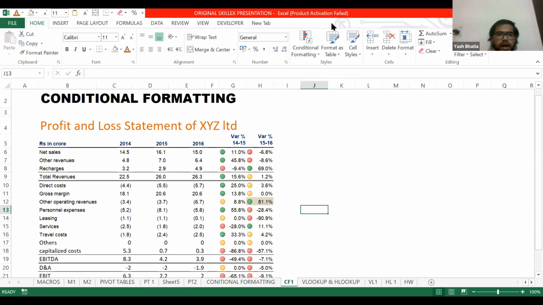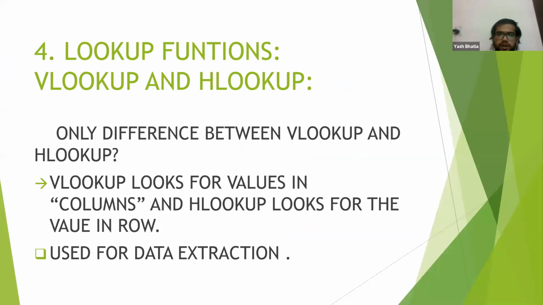So now the last topic of today, and probably the most interesting one, is the lookup functions, VLOOKUP and HLOOKUP. What a lookup function does is find the lookup value from a table and extract it in another table. In our daily lives, we use it extensively.